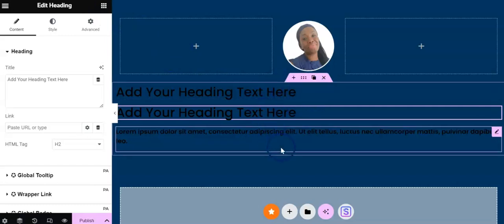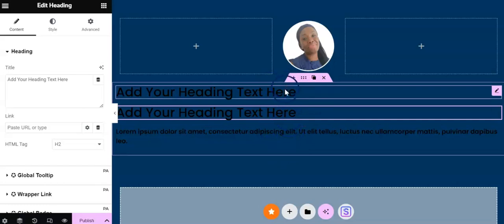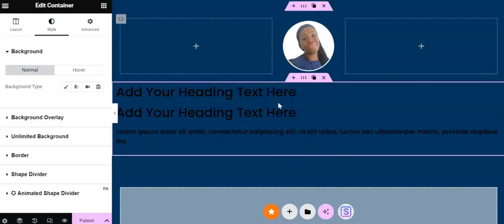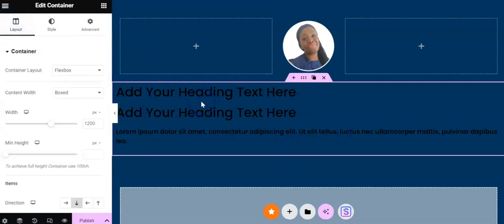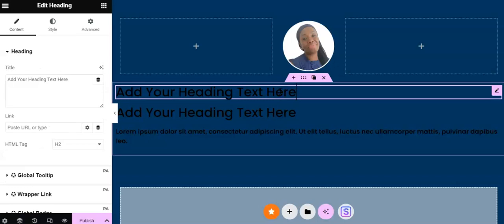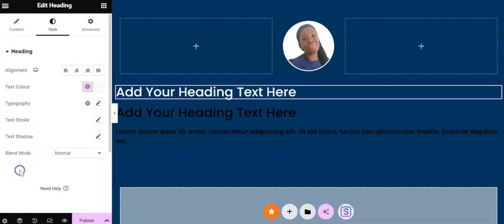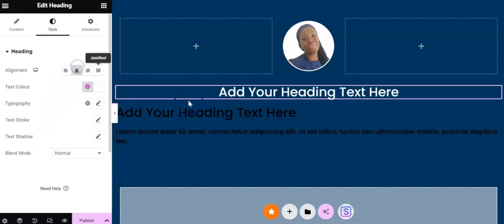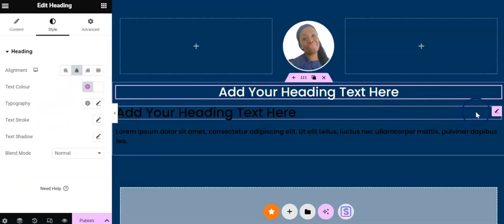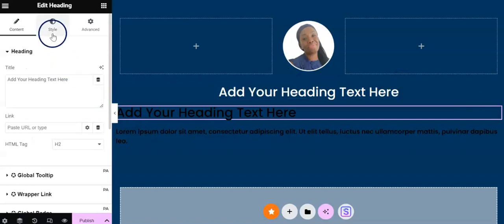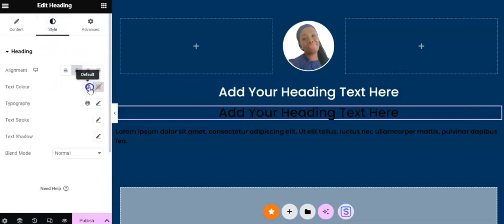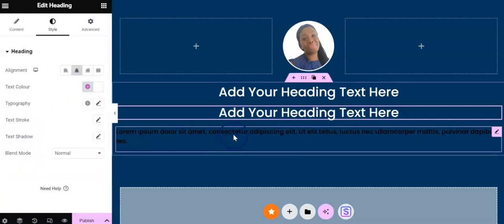So what we've got here is great, but it's black. We can't read it, and it's not central. So now what we want to do is go into each box that we want to customize. So we want it to be white and we want it to be central. You click in each box and then go to style, go to text color. So you can go to global because we've set it previously, and go to white, and then I'm going to centralize it. And I could have done it for the first one and then duplicated it, but hey. And then we're going to do the same with another one, center, text color, and then the same with this one,